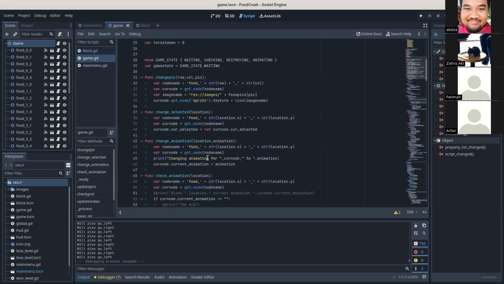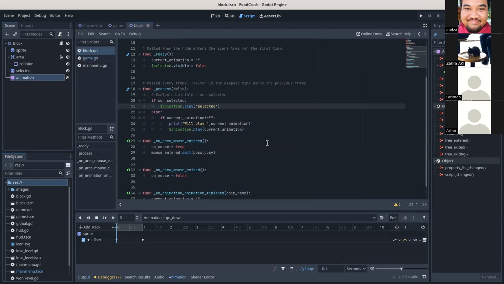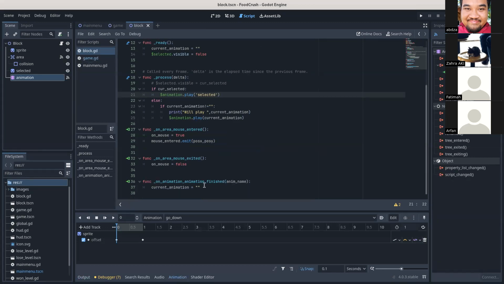For each animation, we have to stop the current animation before we play, and then once it has played,